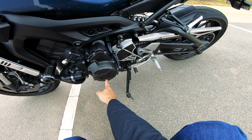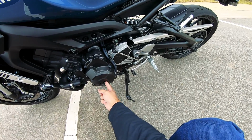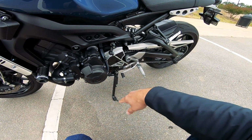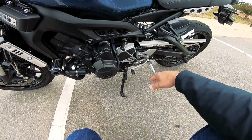But the problem I did have is right here. Shortly after I bought it, there was a little bit of oil seepage, and it would run down and drip down. And there's an O-ring right behind here. So I had to buy an O-ring. It was still under warranty, but it would have been a bigger hassle for me to take the motorcycle back there, have them order the part, put it on,